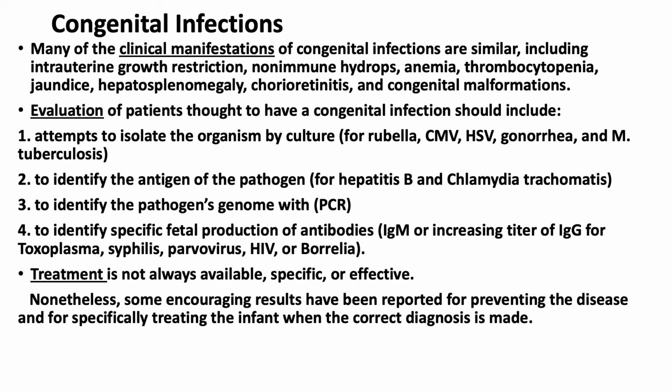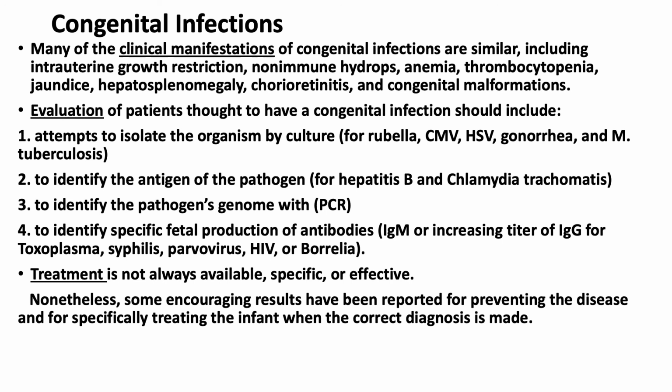Many of the clinical manifestations of congenital infections are similar, including intrauterine growth restriction, non-immune hydrops, anemia, thrombocytopenia, jaundice, hepatosplenomegaly, chorioretinitis, and congenital malformations. How do we evaluate such patients who are thought to have congenital infections? First, attempt to isolate the organism by culture, like Rubella, CMV, herpes simplex, gonorrhea, and Mycobacterium tuberculosis. Second, identify the antigen of the pathogen for hepatitis B, chlamydia trachomatis, or identify the pathogen's genome with PCR,